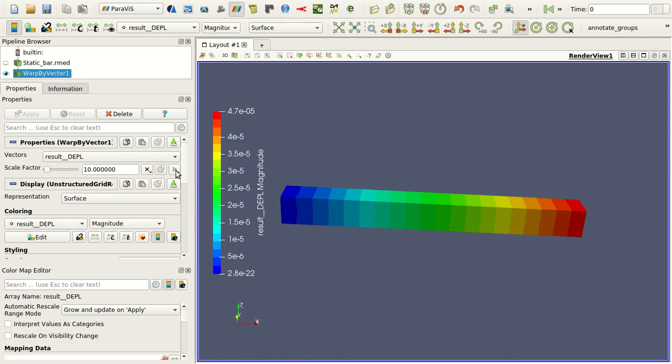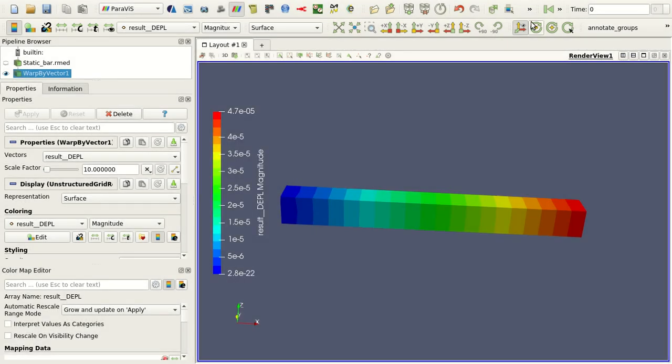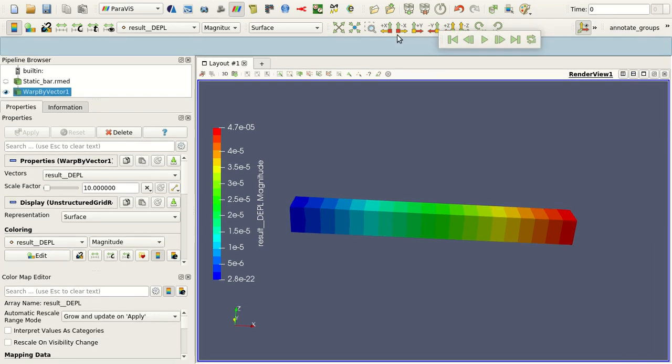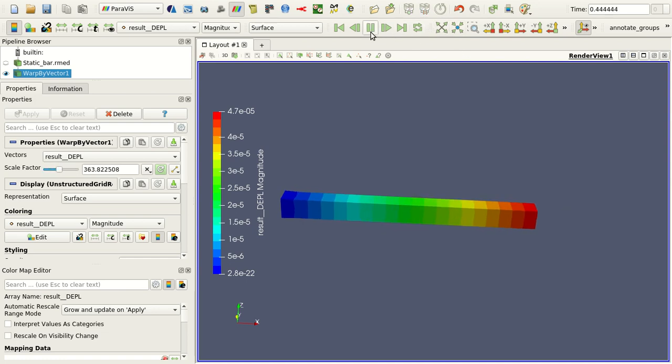We can animate this, create a new animation track by ramp with 10 frames. Okay, here you have this animation. Loop we can set, or just click this ramp. By animation,